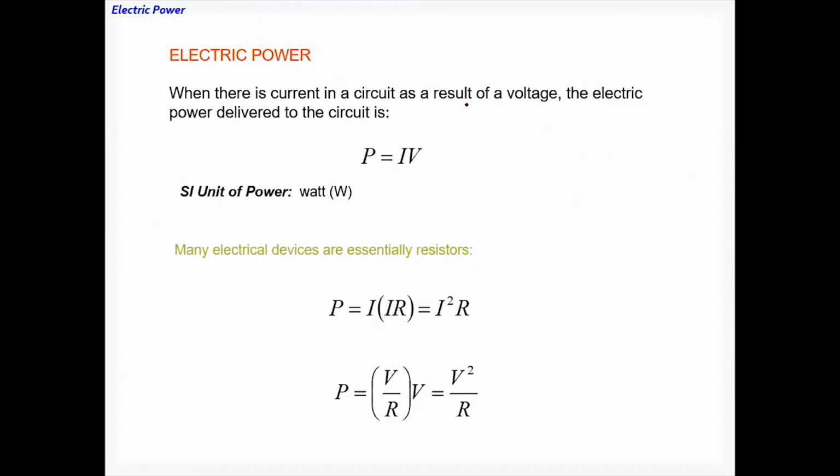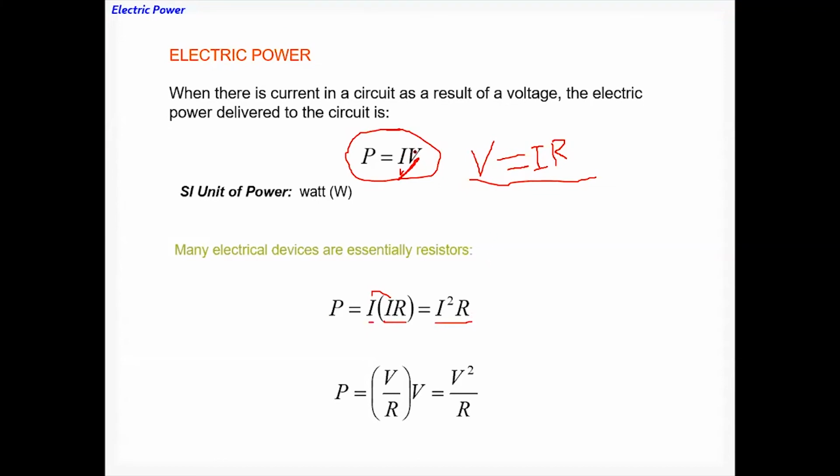Okay, electric power. In other words, we call it electric power. This is your electric power. Now, if you use Ohm's law, V equals IR. Ohm's law is V equals IR, right? So if you replace this V using this relation, what do you get? P equals I times V, and V is replaced by IR. Then what do you get? I times I squared R. That's another formula for power.